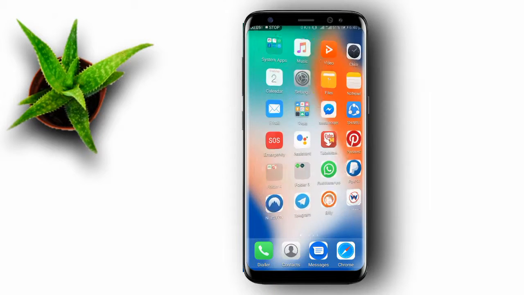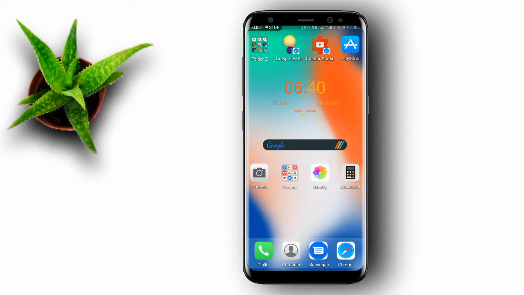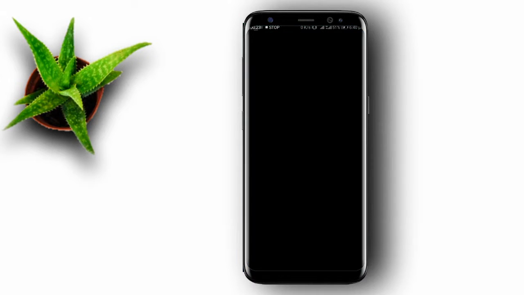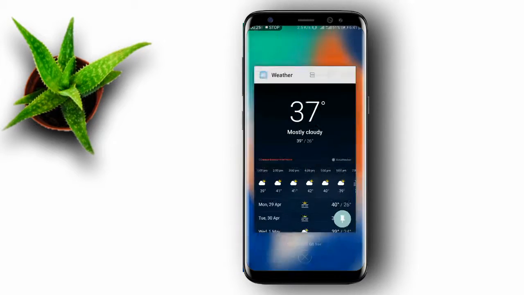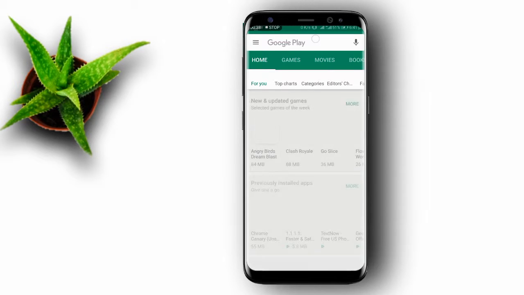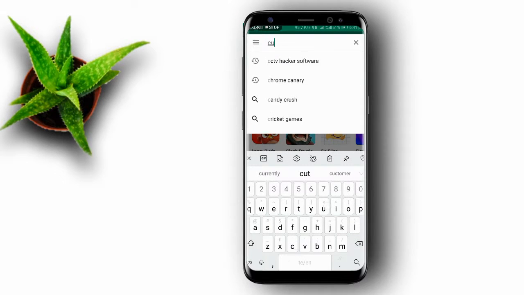So today I am going to show you something really awesome. Nowadays the screens of the phones are getting longer and longer, making it difficult to reach the top part of the screen. So I'll show you like this. As you can see my touch on the screen, it's difficult for me to reach the top part of the screen. You might have noticed how much time it took me to reach the top part of the screen. So there are some solutions like cursor,